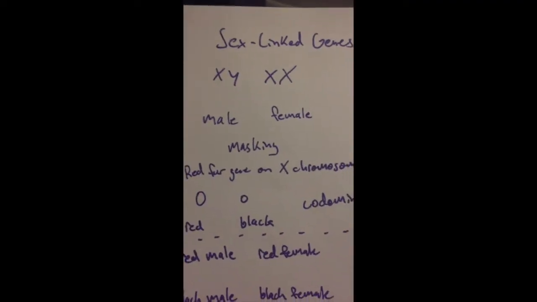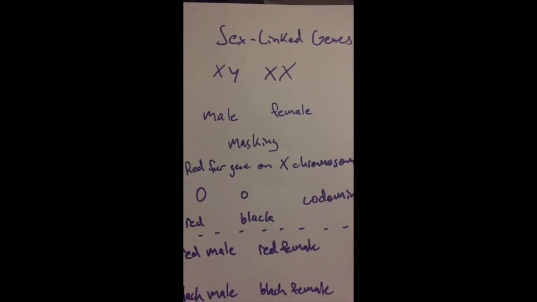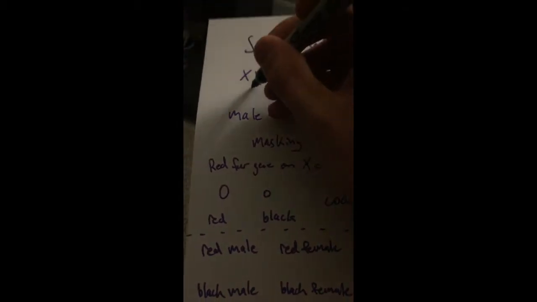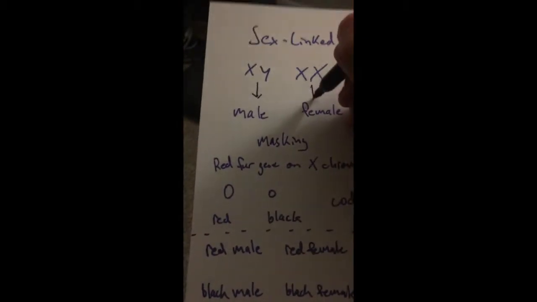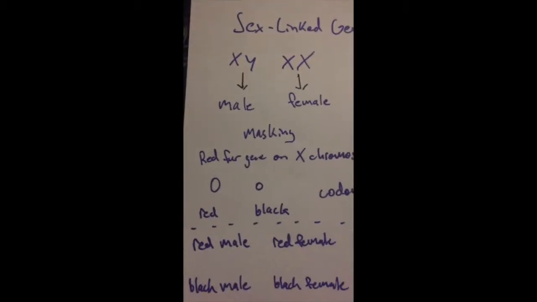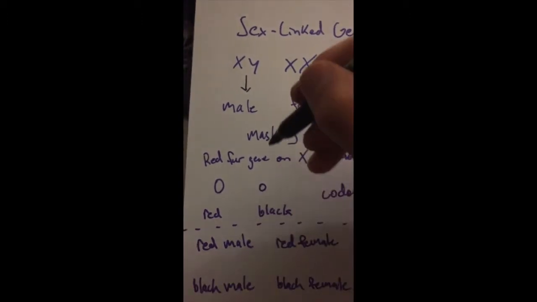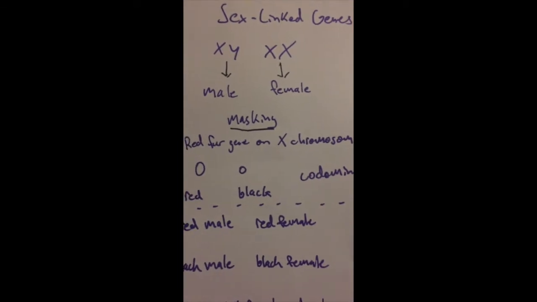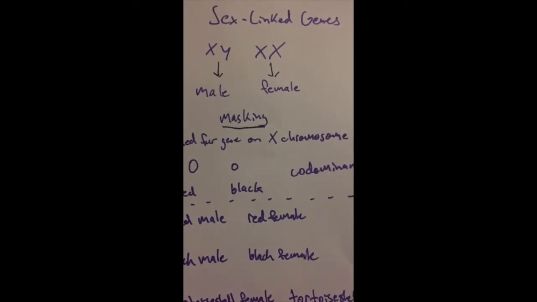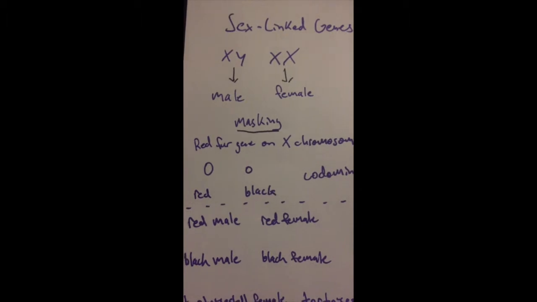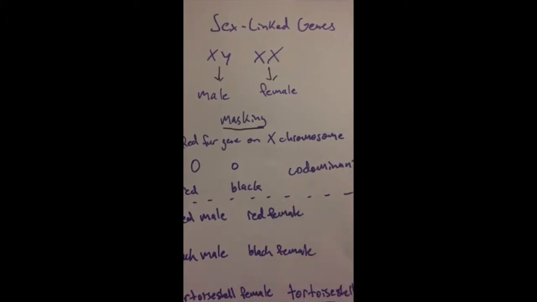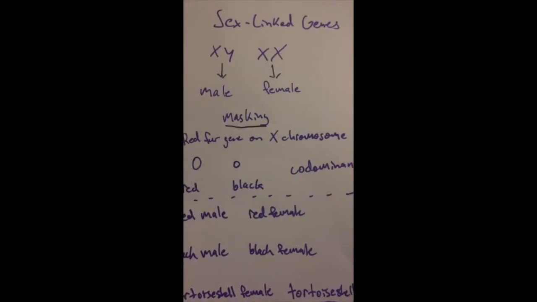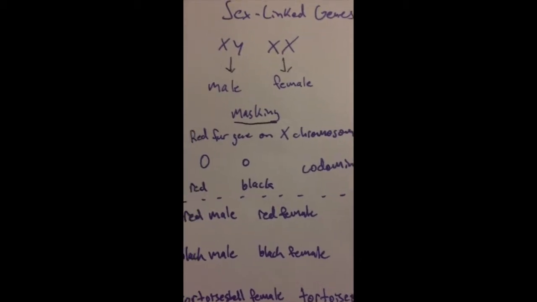So, in cats as in humans, males have an X and a Y chromosome and females have 2 X chromosomes. If one allele located on an X chromosome is dominant, it can mask the recessive allele on the other X chromosome if that organism is female. If it's a male, it cannot, and very often the recessive allele is expressed because the male does not have a second X chromosome. In cats, this relates to the gene for red coats, which is located on the X